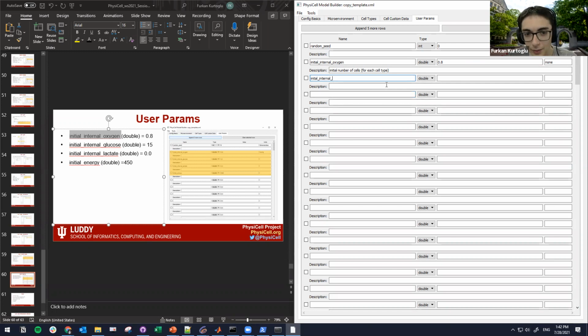I hope I can make this one bigger, but it will not. So this one, initial internal oxygen, initial internal glucose, initial internal lactate, and initial energy. The glucose will be 15 and lactate is 0. There is no lactate in the beginning, and the energy is 450. Okay,